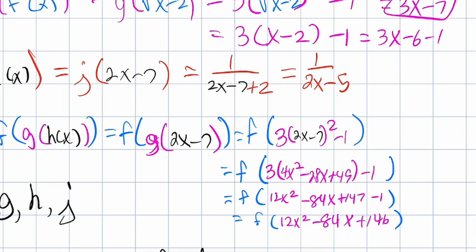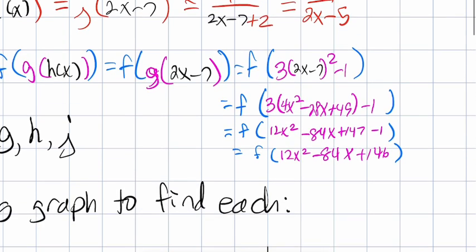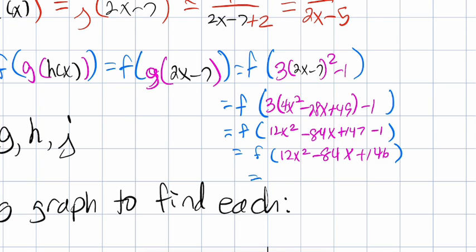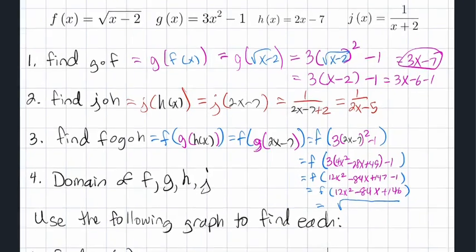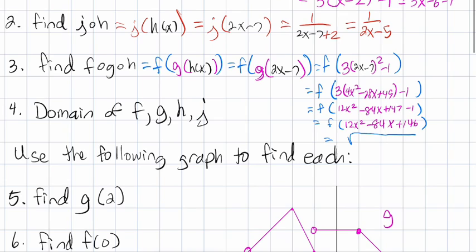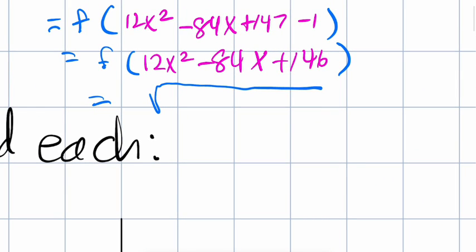Now the f function is the square root of x minus 2. I am not going to do much with that. It's going to be the square root of that thing minus 2. So if you look at your f function, we're just going to put that gross polynomial right there, and we're going to minus 2. And just for room's sake, the final answer would be the square root of